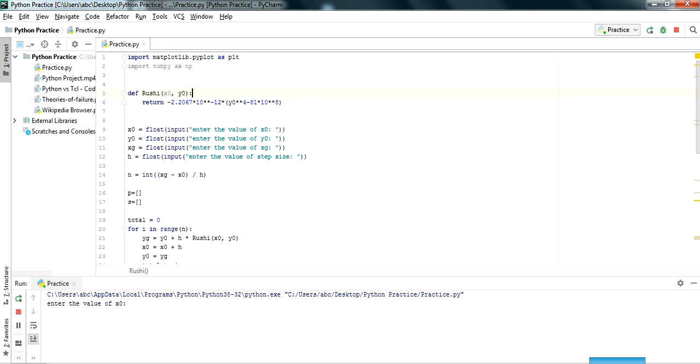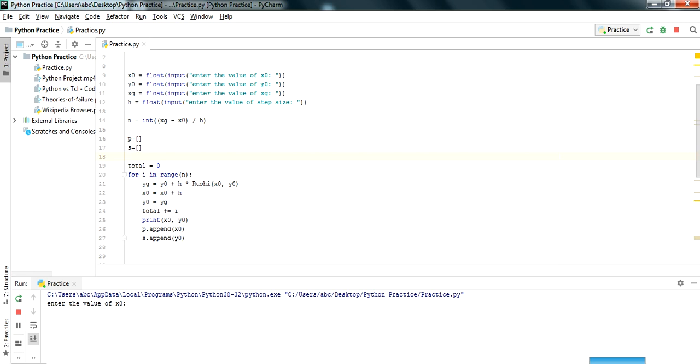Then you have to define the differential equation as a function. Then from the user you have to take some inputs: the initial time, the initial temperature, the step size, and after what time you want to see the temperature. This is xg.